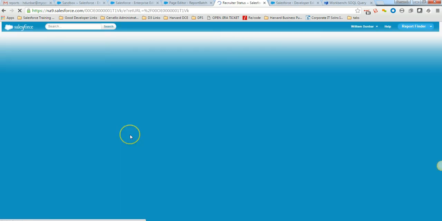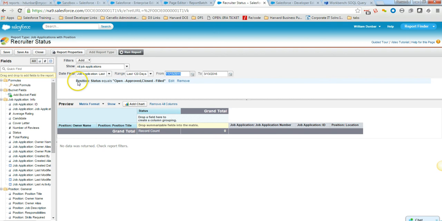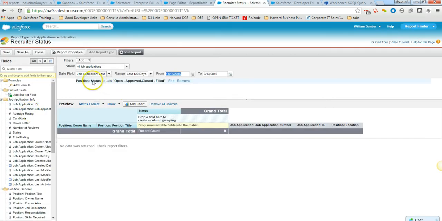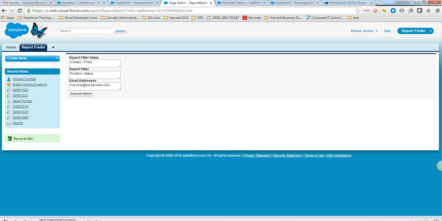So like we could say position status here. And I actually think it's going to look for the actual API name for that field. I don't need to get it exactly right, but I know that it's going to contain status __c. All right, so I'm going to click execute batch, and what's going to happen is